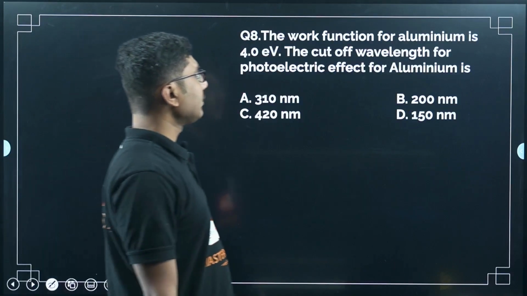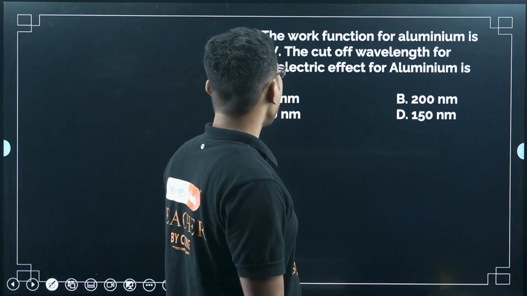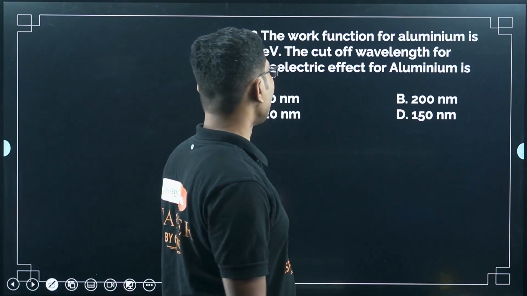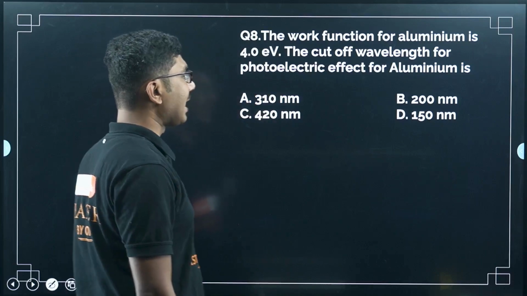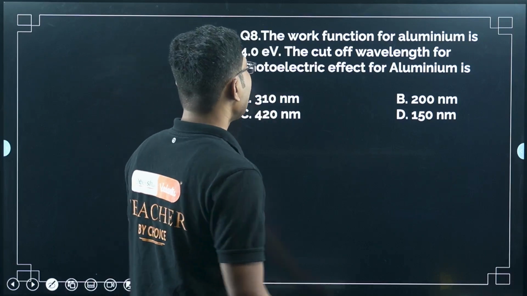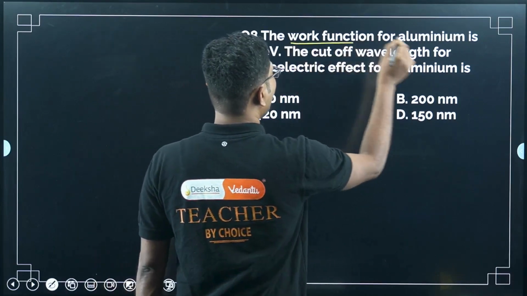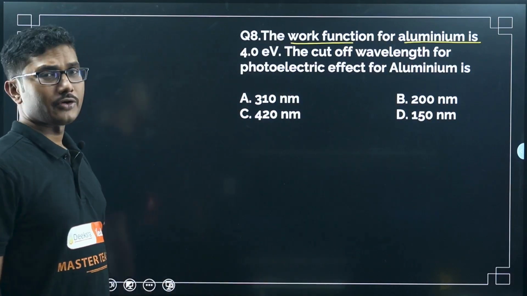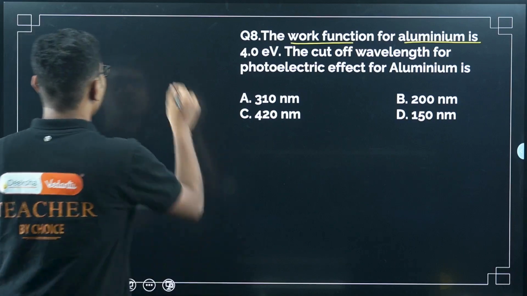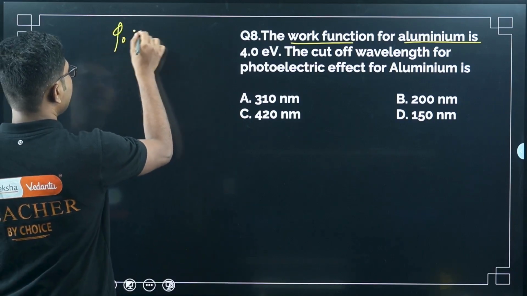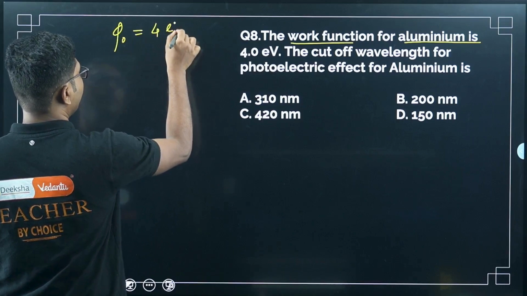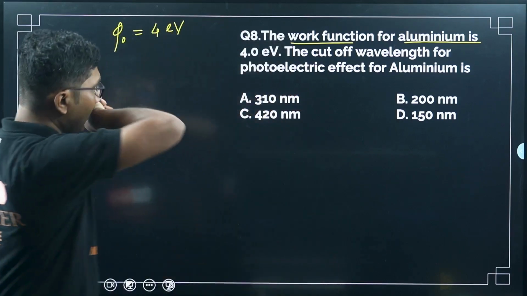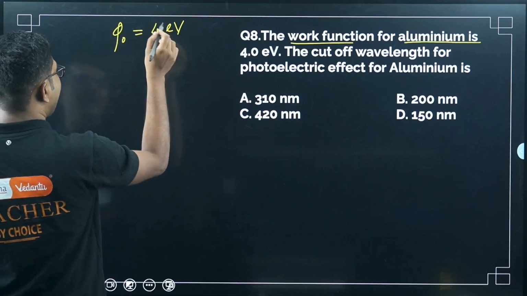The work function for aluminium is 4.0 electron volts. The cutoff wavelength for photoelectric effect for aluminium is? So the work function for aluminium is 4.0 electron volt, so phi naught is 4 electron volt. The cutoff wavelength for photoelectric effect. So we know that phi naught is